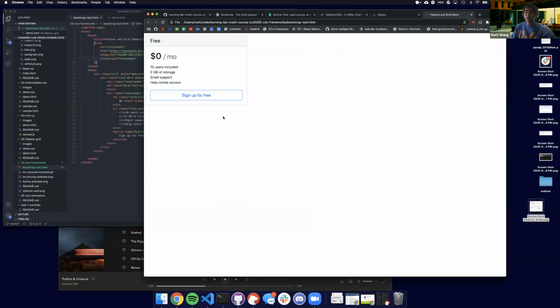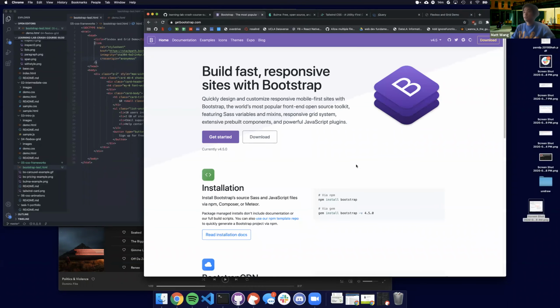So what kinds of frameworks exist? I'm going to start with one called Bootstrap. So you can see on my screen right here, this is Bootstrap. So Bootstrap, just to give you a little bit of history, used to be called Twitter Bootstrap. And as you can imagine, it was made by Twitter in 2011, 2012. And at that time in history, back when I was 12 years old,